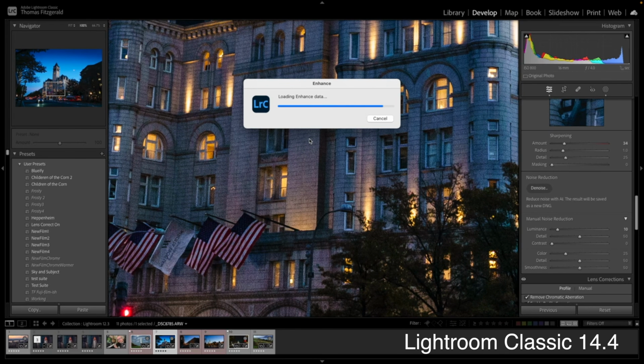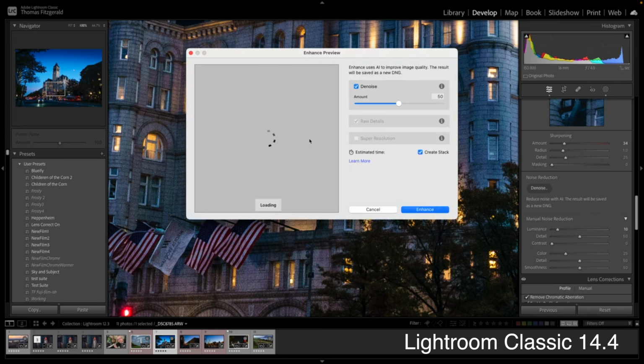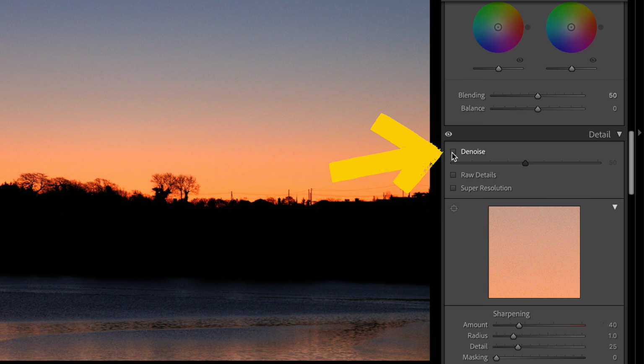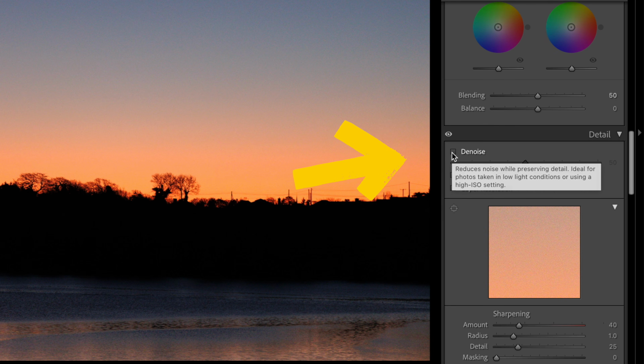in a previous update. Now, in a previous version of Lightroom, they changed the way Denoise and Super Resolution works. Previously, when you wanted to use Denoise or Super Resolution, you would use the Enhance function, and that created a separate DNG. But in an earlier version, they changed that, so now it's just a single checkbox in the detail panel. While some of us found that better, there were quite a lot of people who complained about that, and